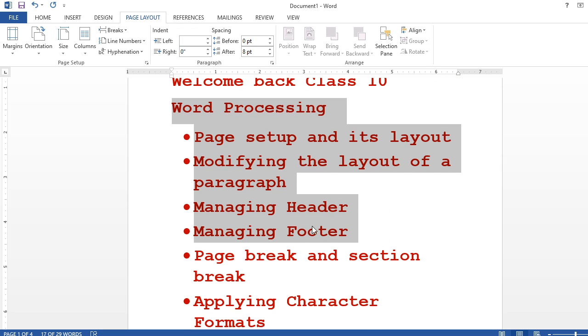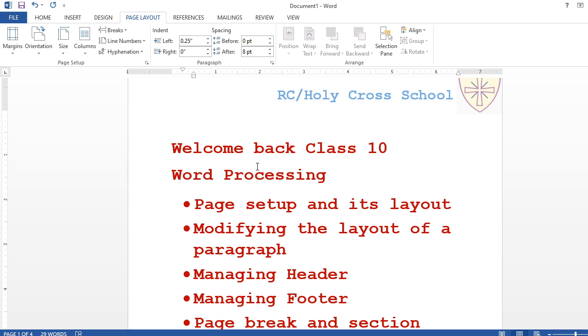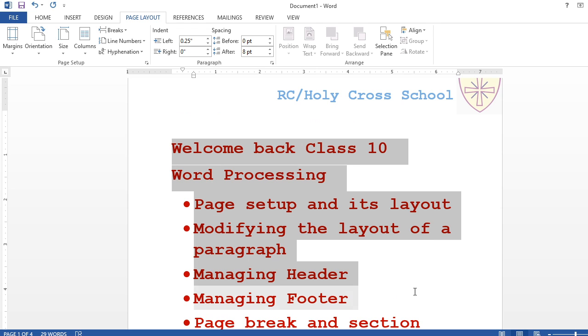But if I look here between two lines, you see a huge space is there. We don't want this huge space because it is going to take about half of the page. We want to make this one small. Okay, we want to reduce this. So this is just like a paragraph.